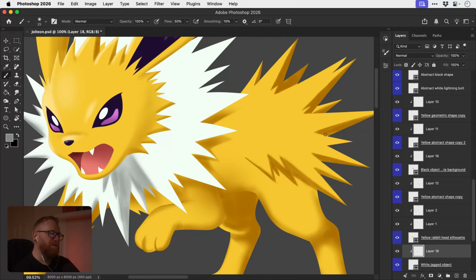But rather than work on this bit loads and loads, I'm just trying to work on all the bits. Think of it in levels. I'm trying to get every part of this Jolteon to be level 1, rather than just focusing on one part and getting that to level 10 straight away. Because as the whole thing comes together, all the different body parts, I think it's going to become clearer to me what I like, what I don't like, what sort of style I'm going to go for. And then I've got to think if I can even do that style. I'm hoping I can pull it off with my knowledge of Photoshop and the photo manipulation stuff I do. I'm hopeful that I can pull it off, but